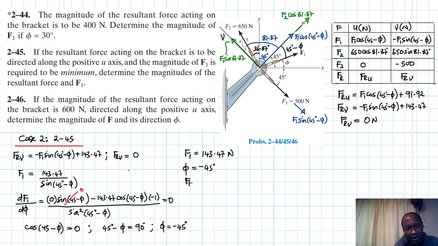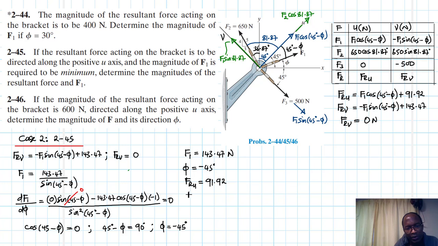Therefore our FRU is equal to 143.47 cos, that is cos 90. That part becomes a 0, right? That part becomes a 0. Therefore, FRU is just going to be equal to